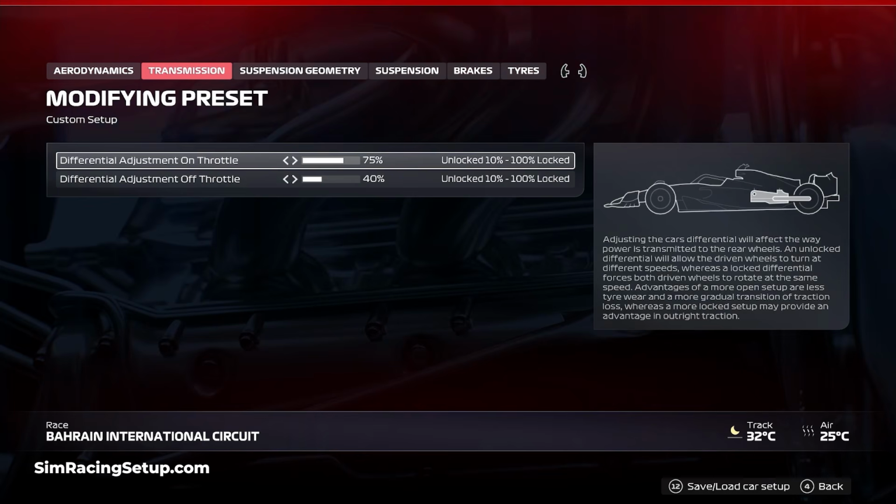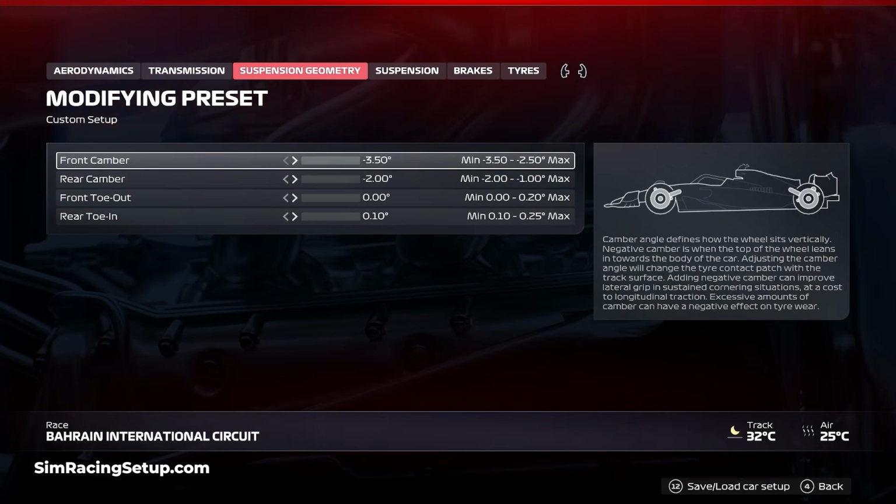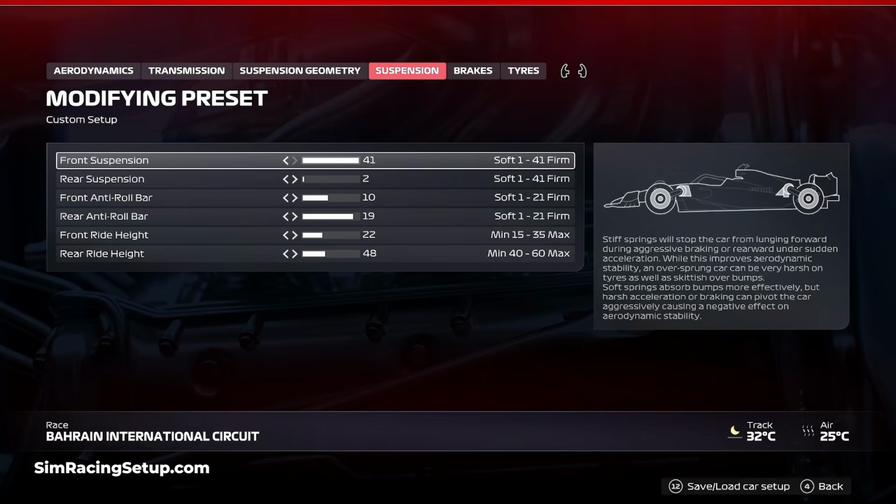more neutral. Once again, with the suspension geometry, I've set it all the way to the left on every value. Then for the suspension, I've set the front and rear setup pretty much as extreme as they can go with 41 and 2. Then I moved the front ARBs up to 10 for slightly better stability and set the rear ARBs just to 19. Then the ride height of 22 and 48 keeps your car low to the ground to